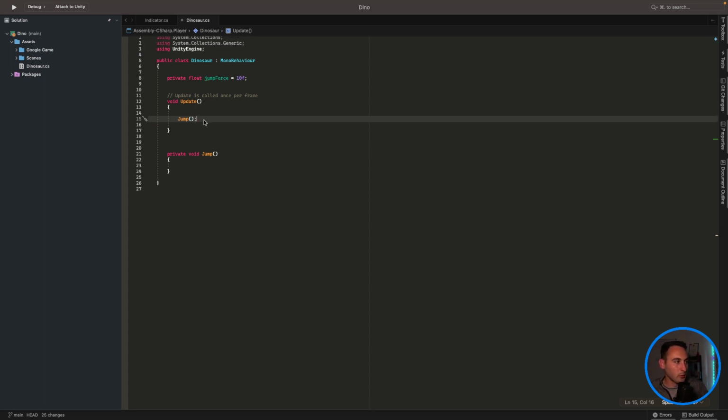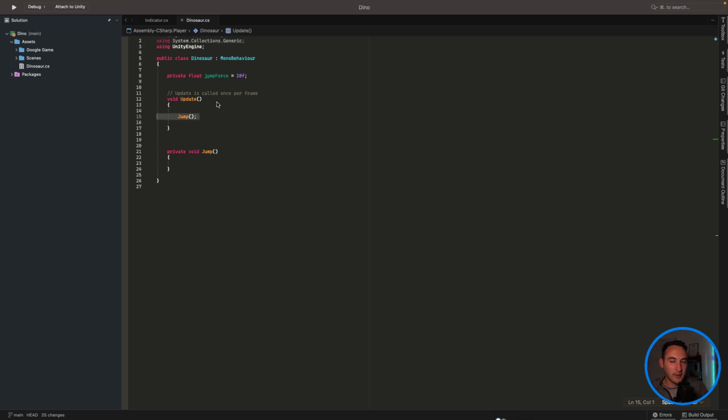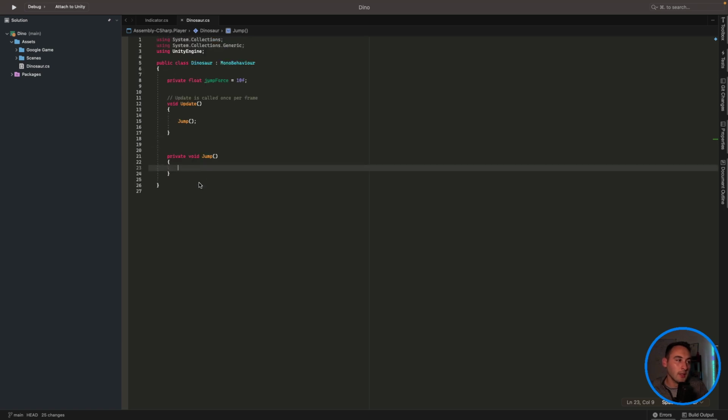So this method is going to be called every frame, but we'll put a check in our jump method here to only allow the code to be executed once you've pressed either the spacebar or a key on your mouse. So let's do just that. We're going to need an if statement and say if